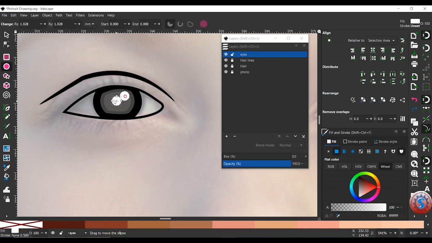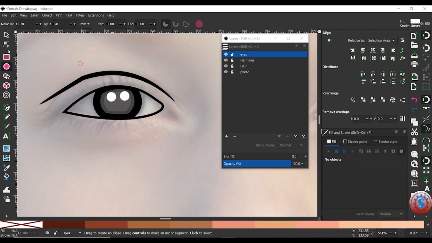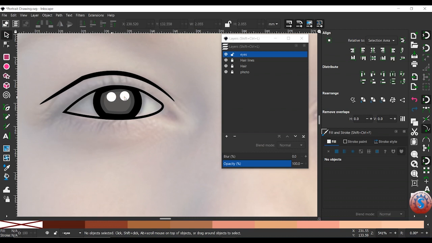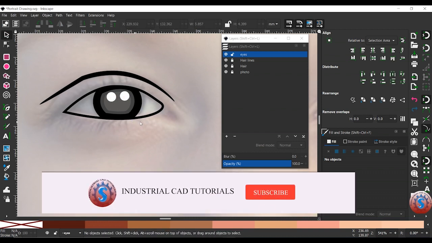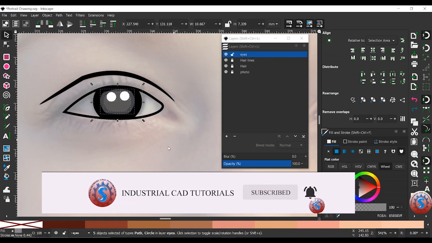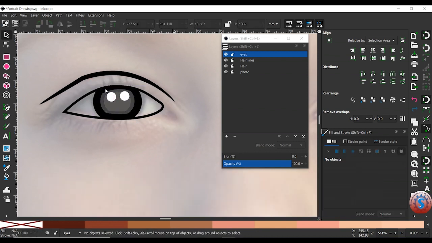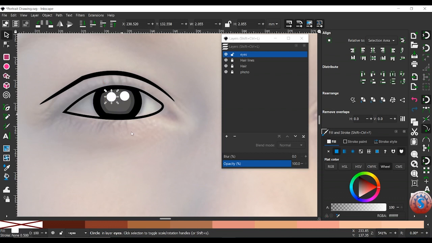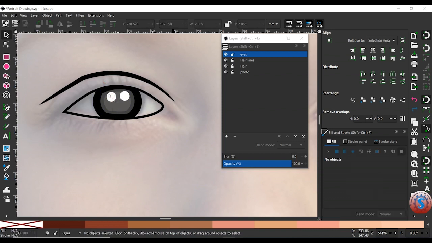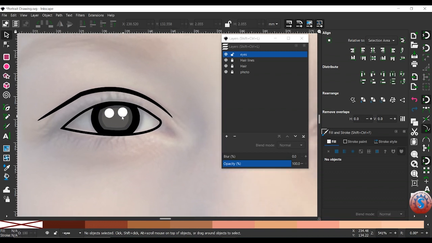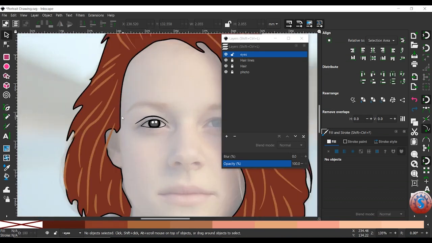You can also duplicate the object, and some shade is required for it to look good. You can also shrink the circle to a small size, then you can obtain a good output. You can observe the eye is looking good. If you want to remove this, you want to shrink the size to small. You can also shrink the size by using this. This is the eye I created.